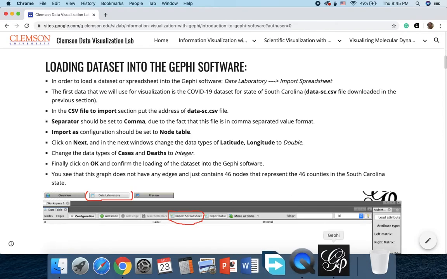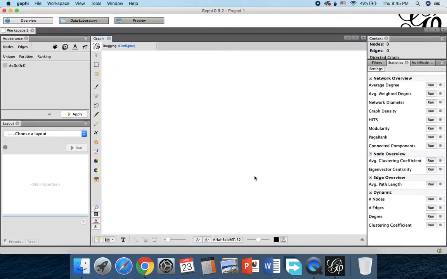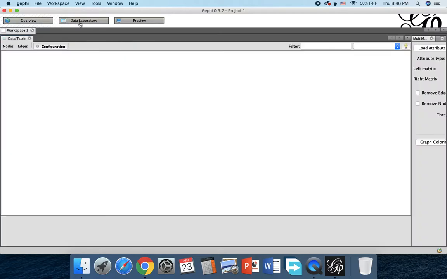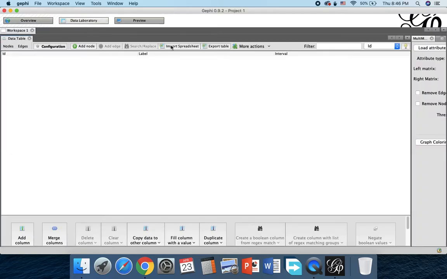So the next section is how to load data sets into the Gephi software. For the first two parts of this workshop, we will just use some data sets that only include nodes, and there is no edges or the connectivity between the nodes. So in order to load the data set, you need to just click on the data laboratory here, and then go to the import a spreadsheet,